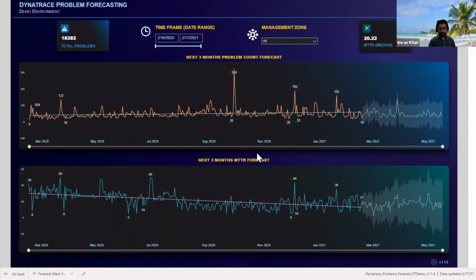So this is showing you a first chart, the trend for the next 90 days for problems, and the bottom one showing you the MTTR forecast for the next 90 days. So you can see how it goes all the way from whatever timeline you are selecting. I'd recommend a lot of data, because with any kind of forecasting and predictive analysis, you would want to have a lot of data. If you are running this forecasting for only 1 month of data, you're probably not going to get a